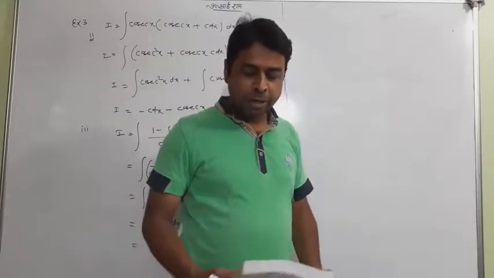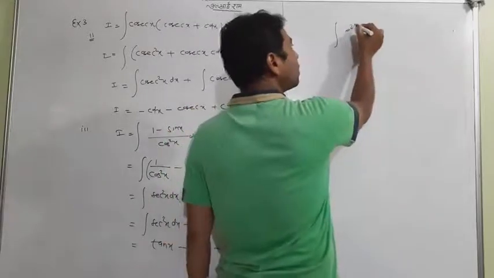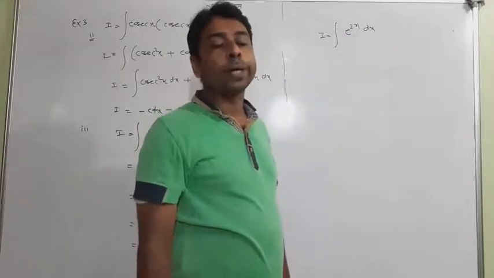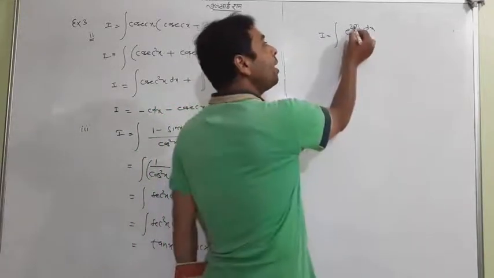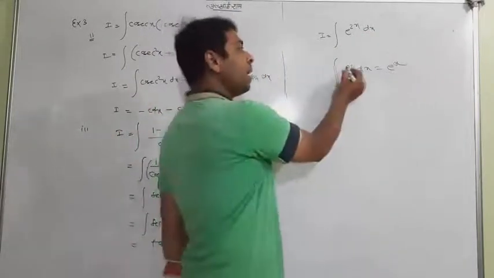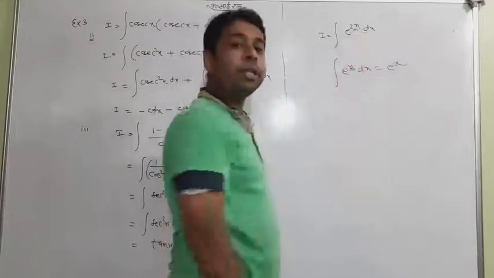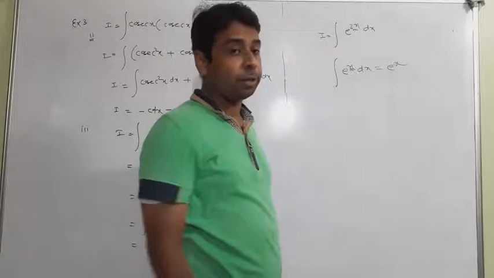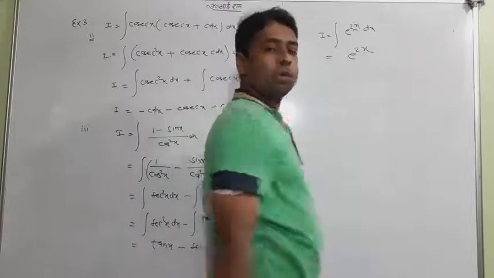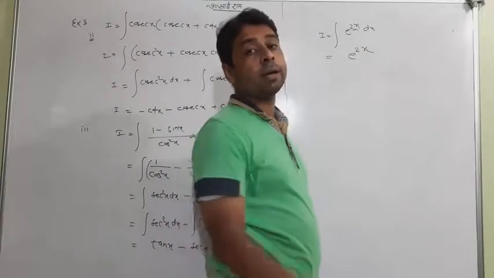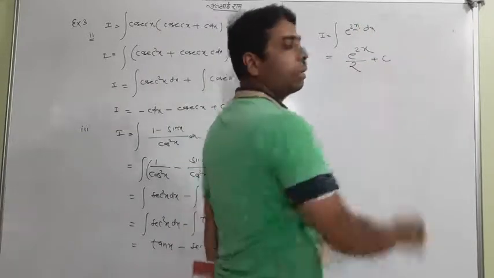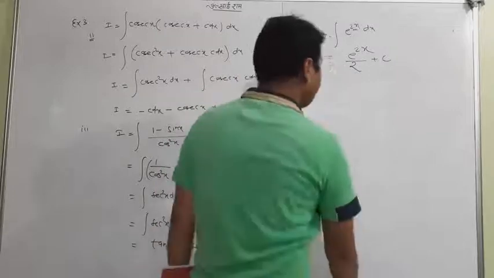faced till now. I just want to speak about e to the power 2x. Now, simple. How to think? E to the power 2x. We know the formula e to the power x, so this is x now, and instead of x, what is coming? A linear form. You can also use the same formula here. Meaning this answer will be e to the power 2x, but actually we have to do one more thing. The coefficient of x comes in the denominator, plus c. And this is the answer. So keep remembering this also.